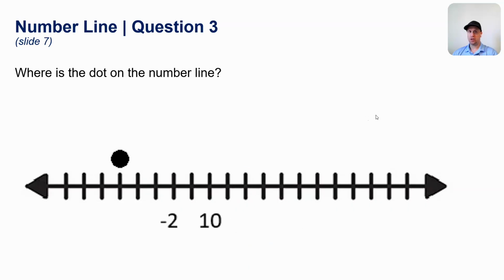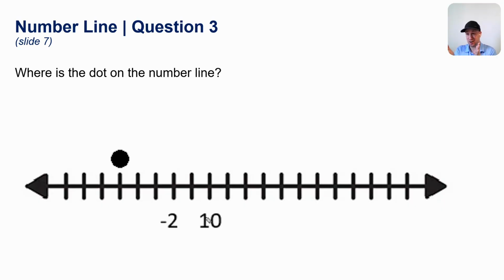The final one I want to look at is the following here. Again, we're asked to find where the dot is on the number line. In this case, we're given two increments, one that's negative 2 and another that's 10. So this is interesting because this isn't going from +2 to 10. If it was +2 to 10, the total distance between those two numbers is 8. But since I start at -2 and I go to +10, it's actually going to take me 2 units just